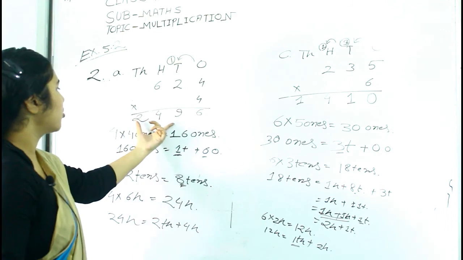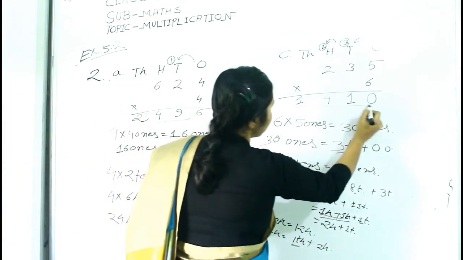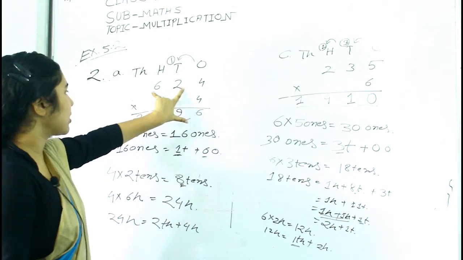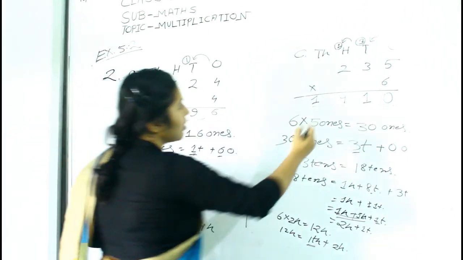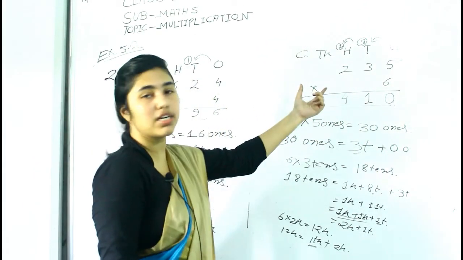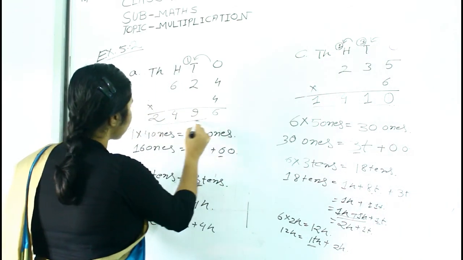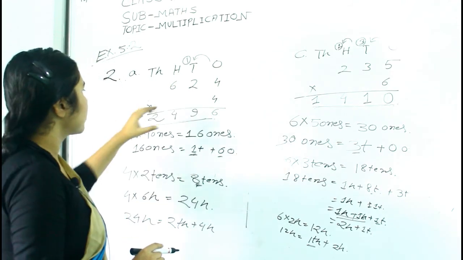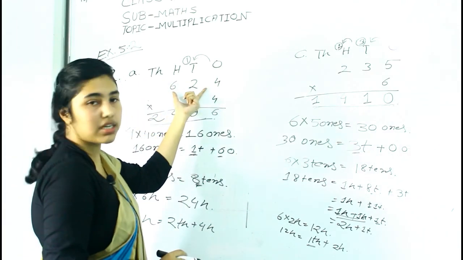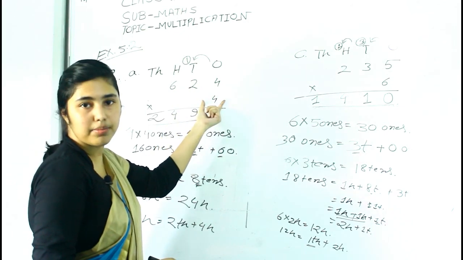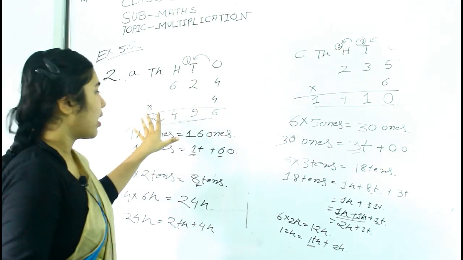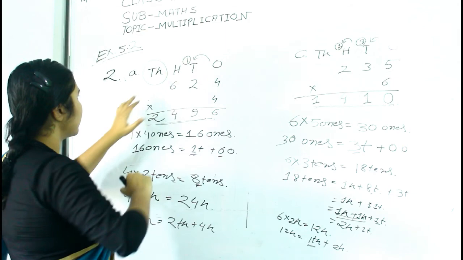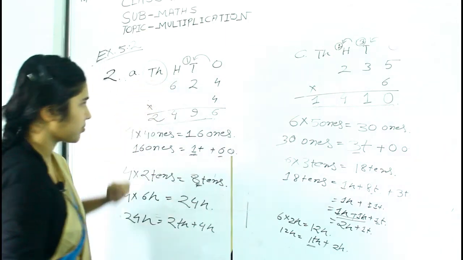Now look at these two products. So here our multiplicand is a 3-digit number. Here also the multiplicand is a 3-digit number, but our product is a 4-digit number. So it's possible that if we multiply a 3-digit number with another number, we may get a 4-digit number. That's why here we are taking this 1000 place.